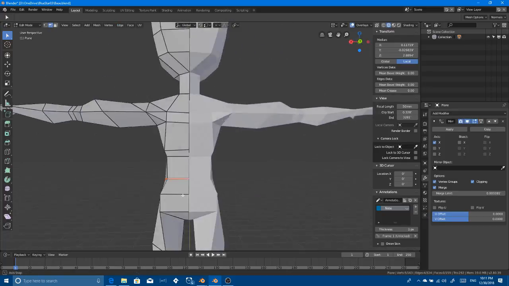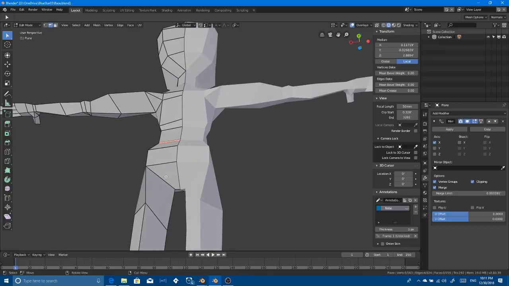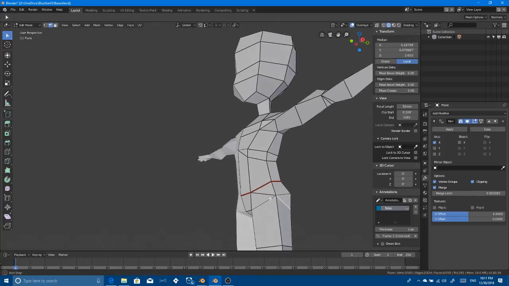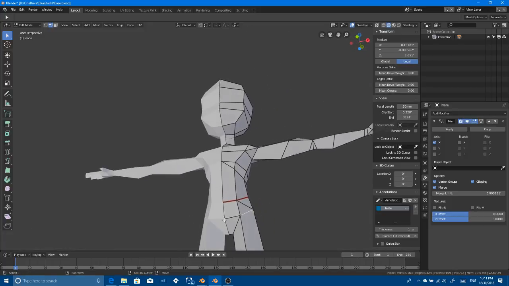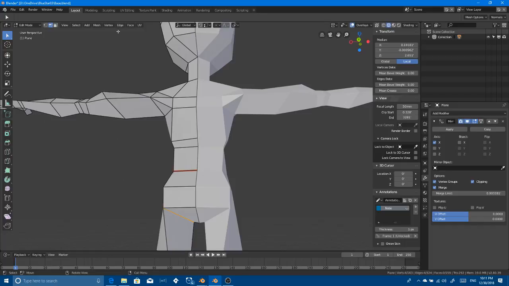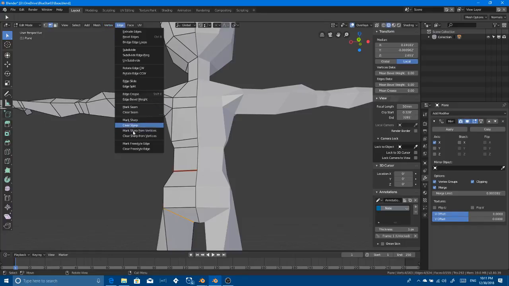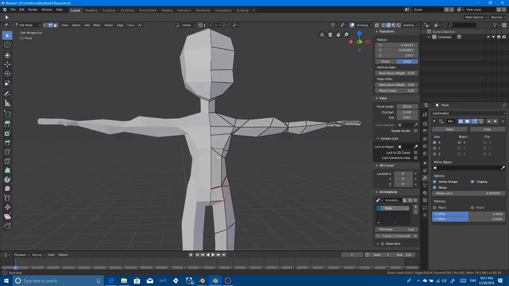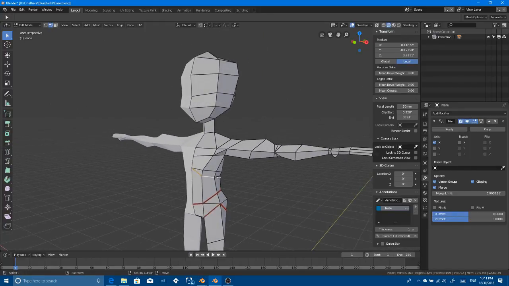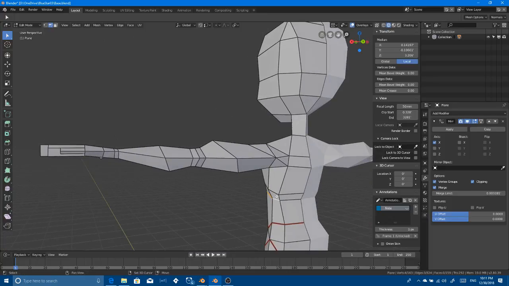There we go. Edge mark seam. So kind of like separating the areas that I'm working, so I can better